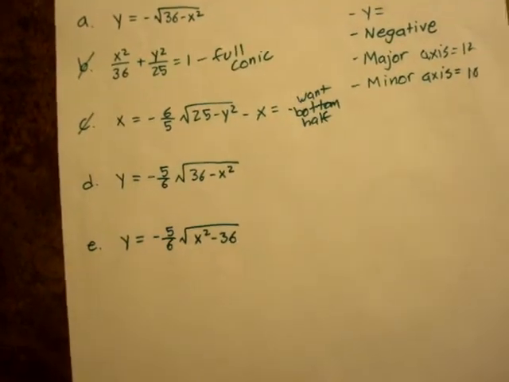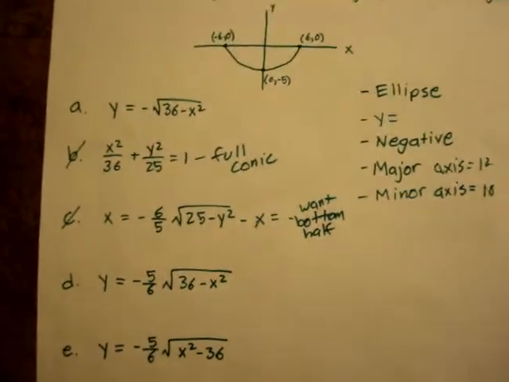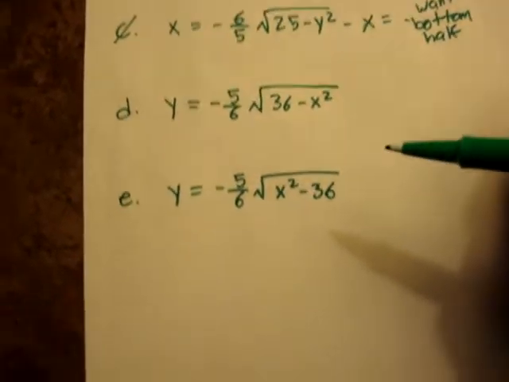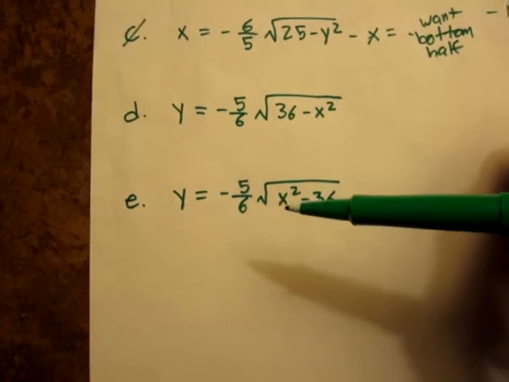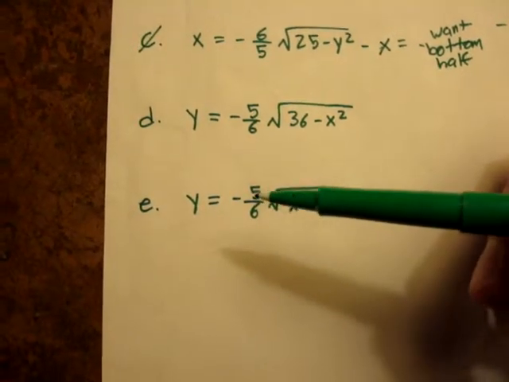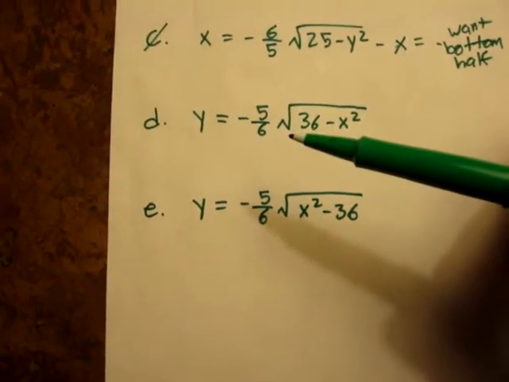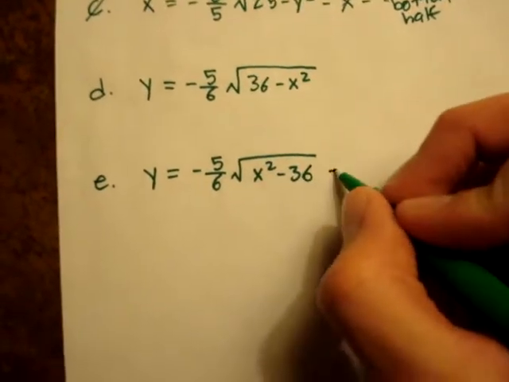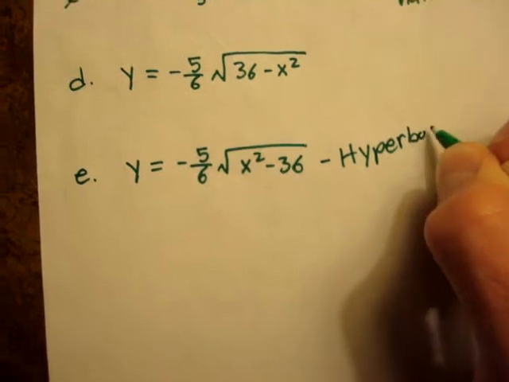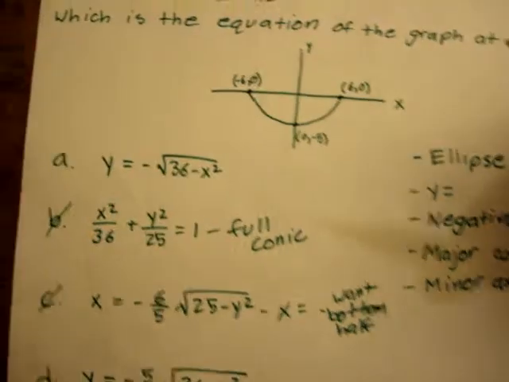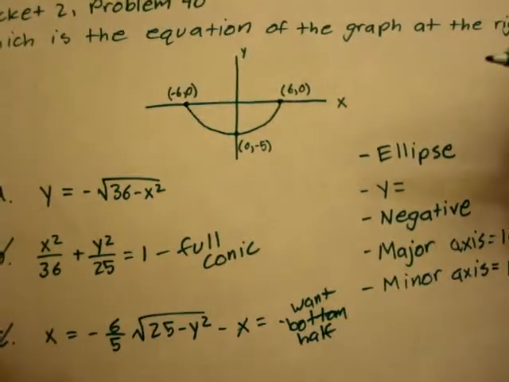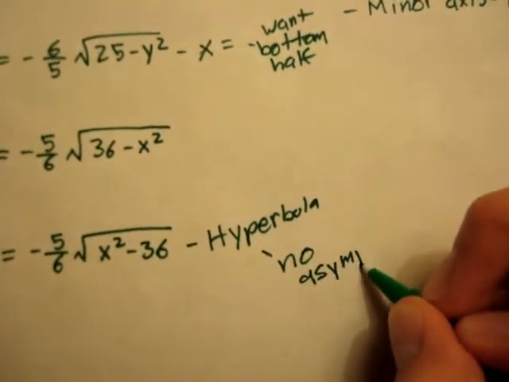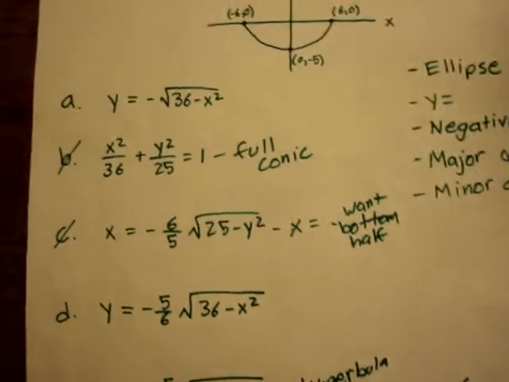Okay? And last, right away, we can eliminate E. We can eliminate E because E gives us the graph of a hyperbola. Because if we move this x over to the other side, it's going to be negative, and then you've got a positive y with a negative x, and then you multiply by the negative 36, and you get the positive x with the negative y. Either way, it's a hyperbola, and we know that our graph is not a hyperbola, because if it was, it would have asymptotes. So we are left with